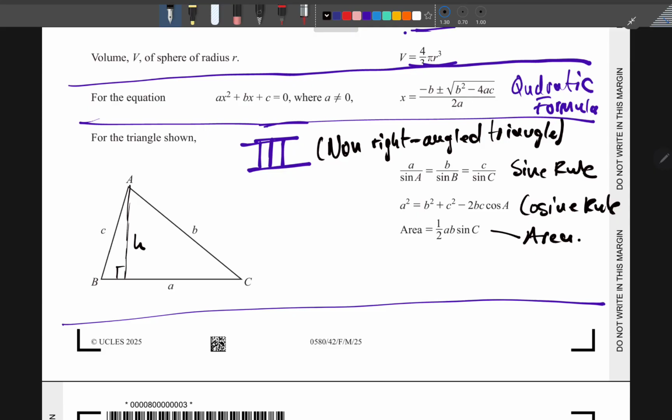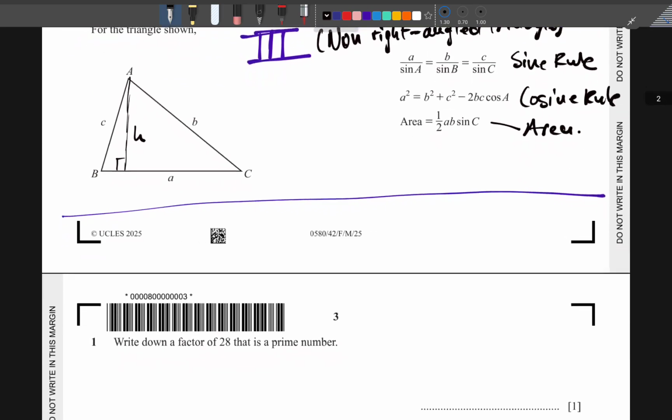We will talk about it. It doesn't have to be A and B. It could be half BC sine A or half AC sine B. We'll talk about it, okay? This is everything we use when we have a non-right angle triangle. So when I need to use the sine rule, do I need to remember it? No, you don't have to. When I want to use the cosine rule, do I need to remember it? No, you don't have to. When I want to find the area, that is for my paper 4, do I need to remember the formula? No, you don't have to. You come and get it from here, and you're going to just use it from here.